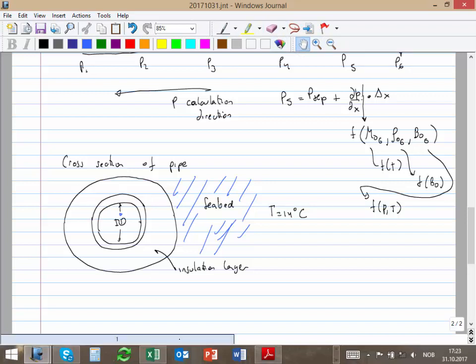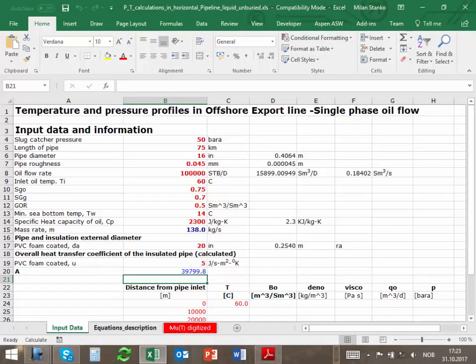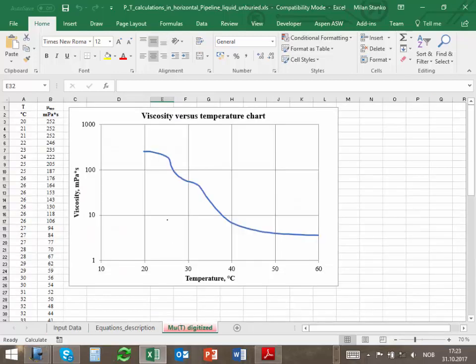And be aware, we have here the mu, the viscosity, with temperature, and you see this plot. If we somehow manage to go all the way to 14, that will be a catastrophe. That's why we need insulation, because already at 20 we have a viscosity of maybe 2000 centipoise,